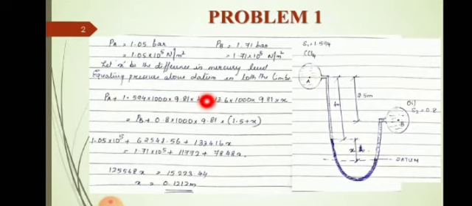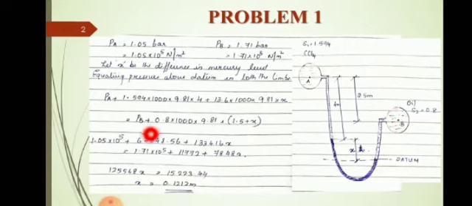Now coming to the right limb. What all things are there above the datum line in the right limb? There is no mercury above the datum line in the right limb. All you have is oil for this much height. Now what is this height? You have to find out that height in terms of X from the available values. So what is this height? This height will be this 4 meter minus 2.5 meter, that is 1.5 meter plus X, is the height of oil of specific gravity 0.8 above the datum line in the right limb. Plus what else is there? The pressure at the center of the pipeline PB.